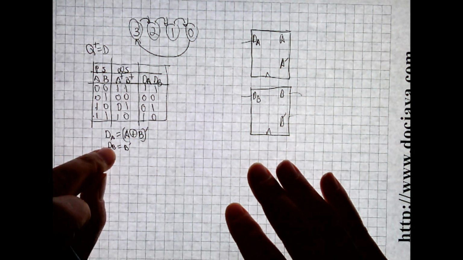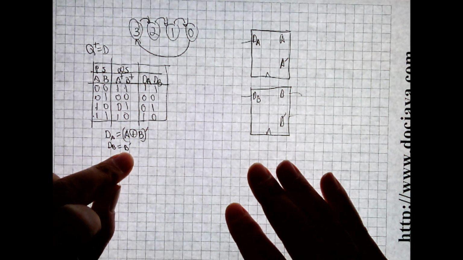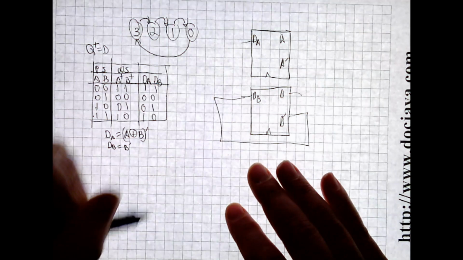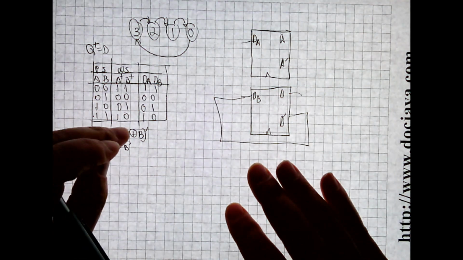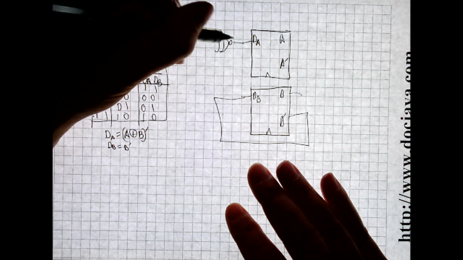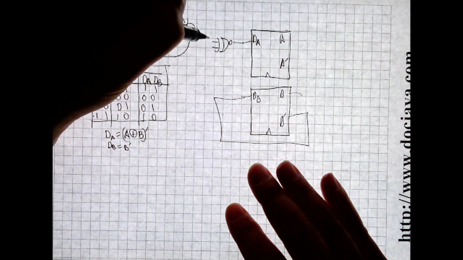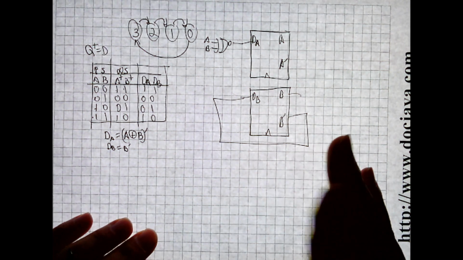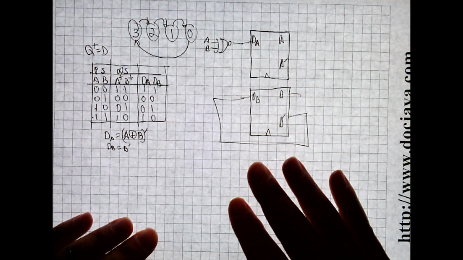So if D sub B equals B prime inverted, that's it. And if D sub A is equal to A exclusive NOR B, that's it. And now we have designed a counter, a finite state machine, actually